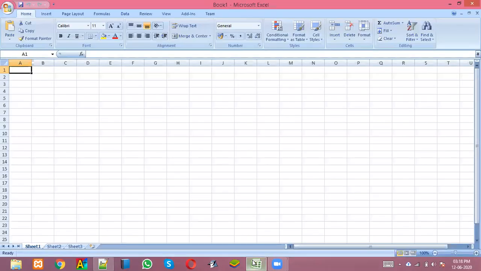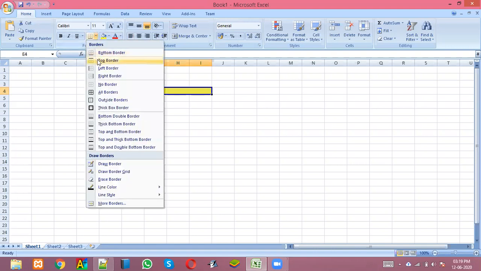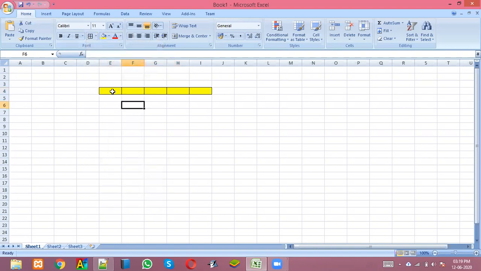So this is Excel. Let's now imagine one cycle. First you have to go from left to right. So 1, 2, 3, 4, 5. The first time we'll be going 5 times, so I'm going to blacken it. I'll give an outline to this. So we are going 1, 2, 3, 4, 5, left to right.